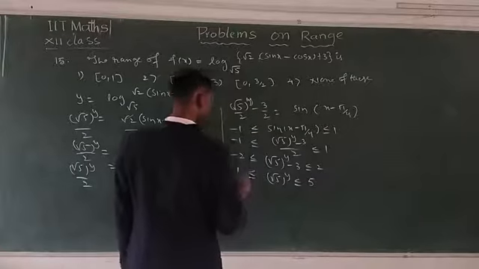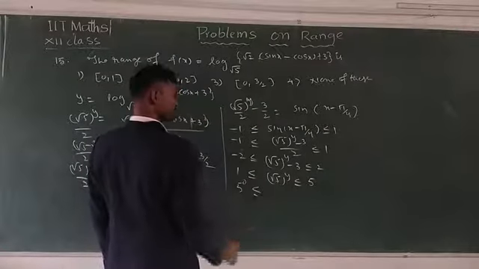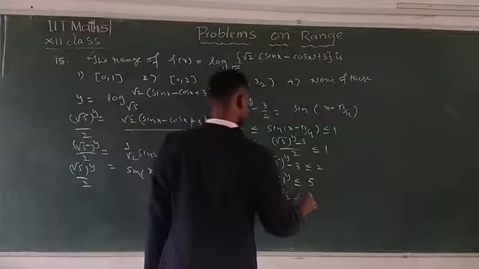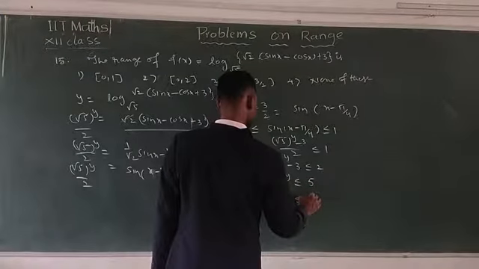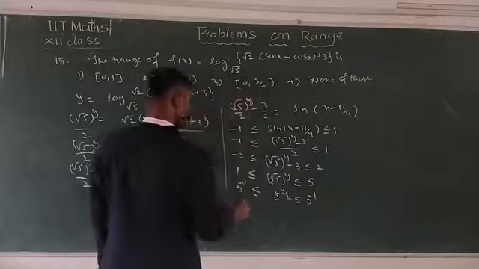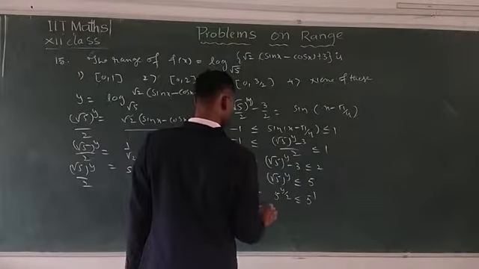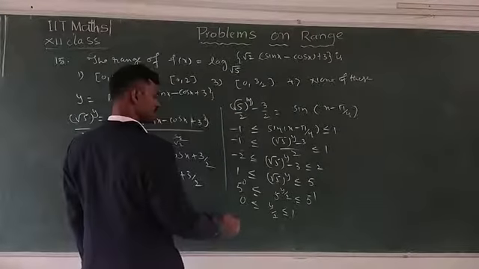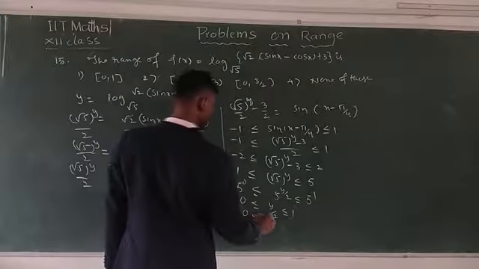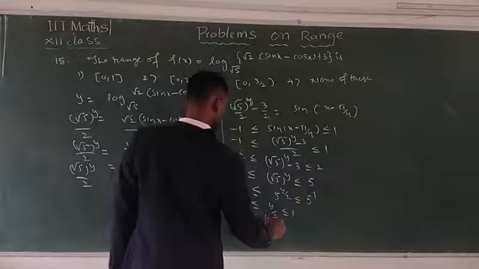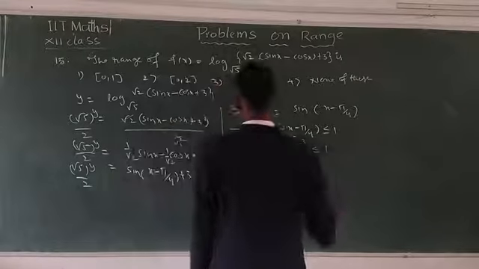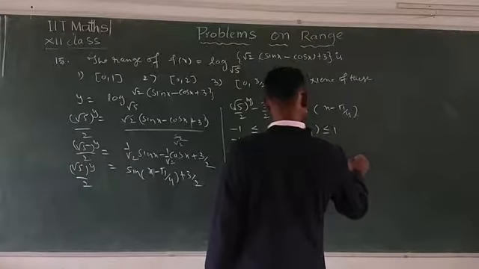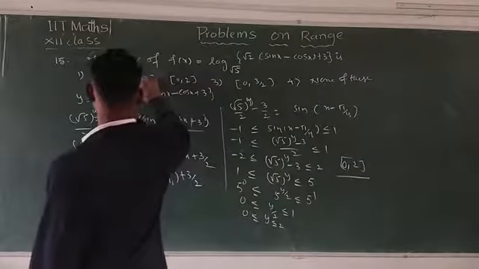Now this is written as 5 power 0. 5 power 0 is equal to 1. This is written as 5 power y by 2 is less than or equal to, this is also 5 power 1. Now this is 0 is less than or equal to y by 2 is less than or equal to 1. Now you can multiply it by 2. 0 is less than or equal to y is less than or equal to 2. Now what is the range? Range is equal to closed interval 0 comma 2. Closed interval 0 comma 2. Note down.